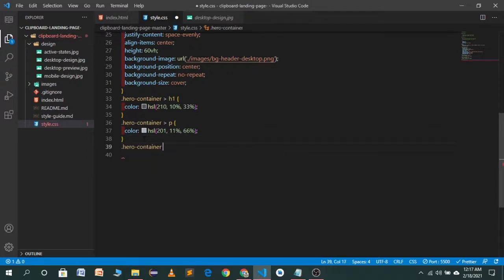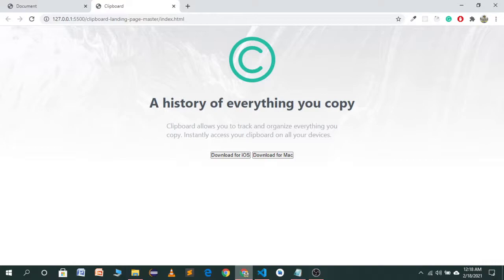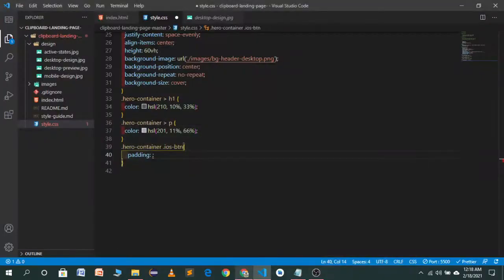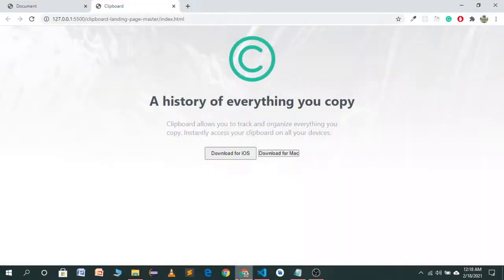In the hero container we have the iOS button, we'll give it a padding of, I think we should give it a padding of around, let's try 8 pixel from top and bottom and 16 pixel from left and right. Let's see how it looks. It's looking nice.